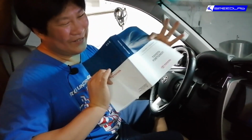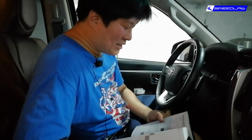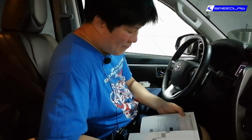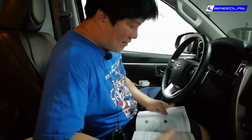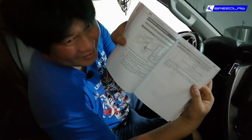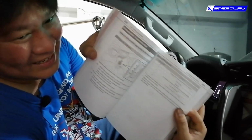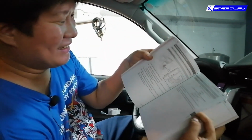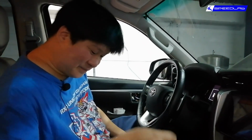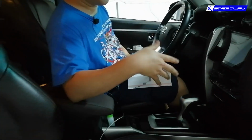It comes with every car, find it in your glove box, and surprise, surprise, you will find the description of the Eco drive mode and the Power drive mode under automatic transmission. It's not in the engine section, it's in the transmission section. So what this simply means is this: when you hit Eco Mode, it controls the shift point of the car,